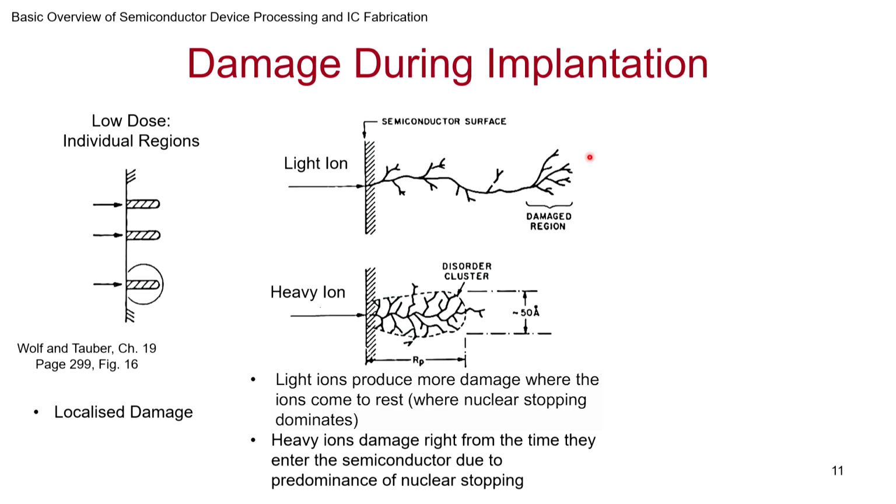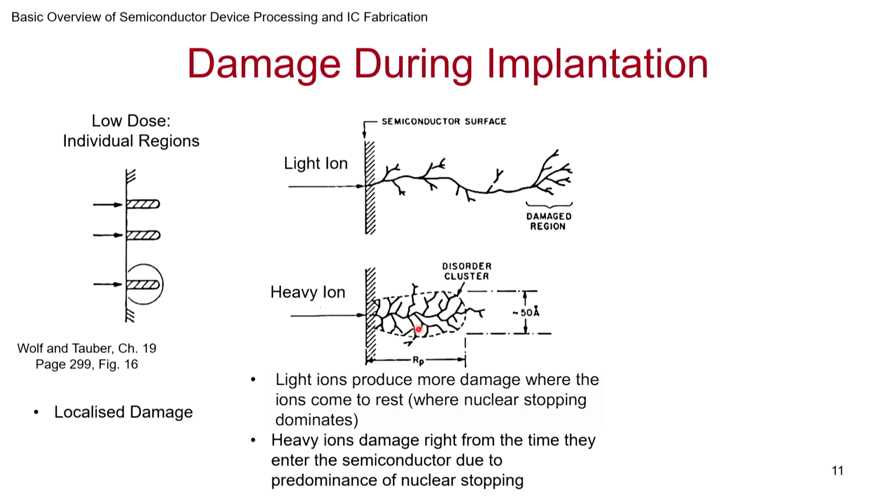Remember that when the ion is coming crashing in, sometimes it may knock off some other target nuclei away from their location, and that becomes a secondary ballistic material that is going through the material. So all these branch defects that we are talking about are because of the secondary acceleration caused to the nuclei that have been displaced from their place. So these are all secondary. Primarily, most of the damage will be at the end, closer to where the implanted ion comes to rest.